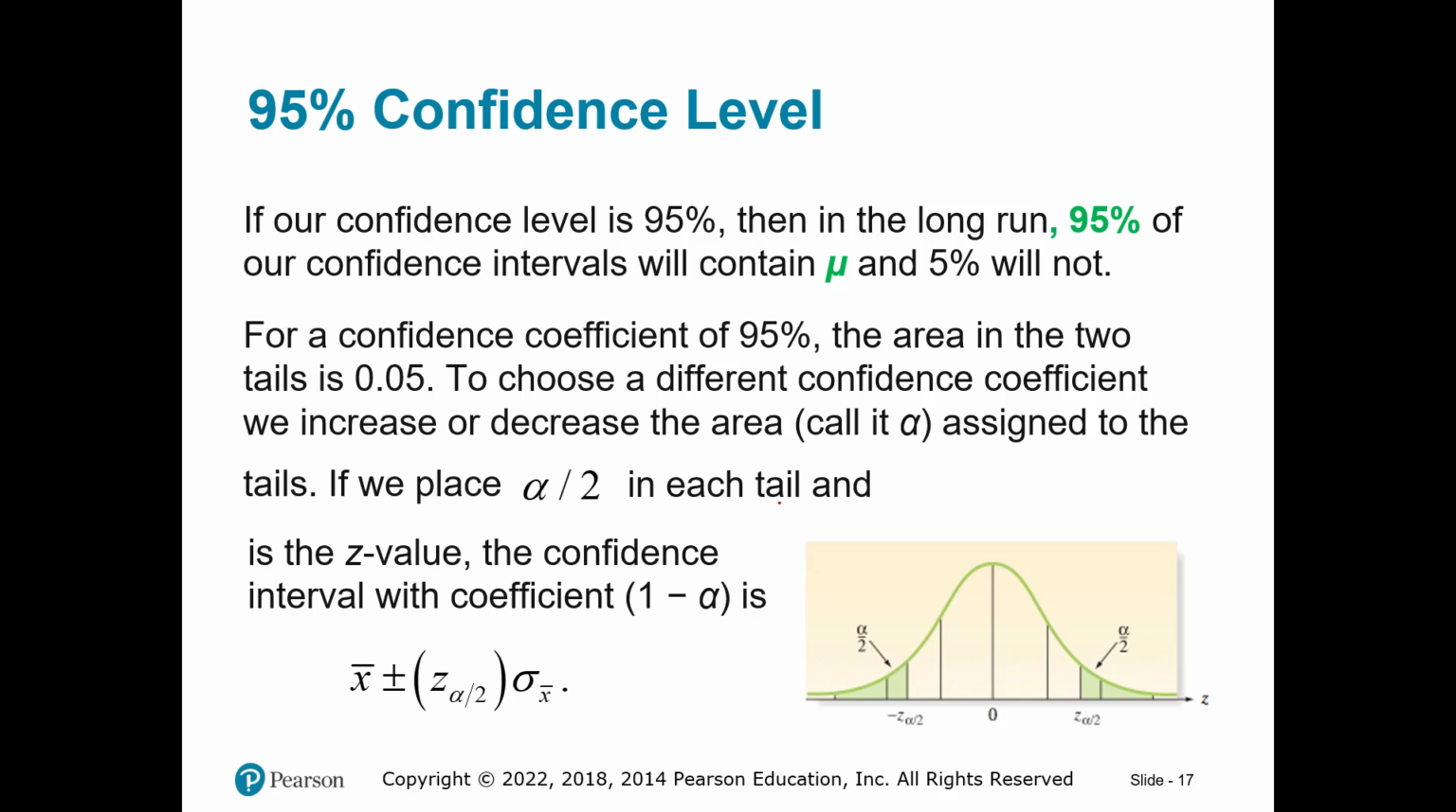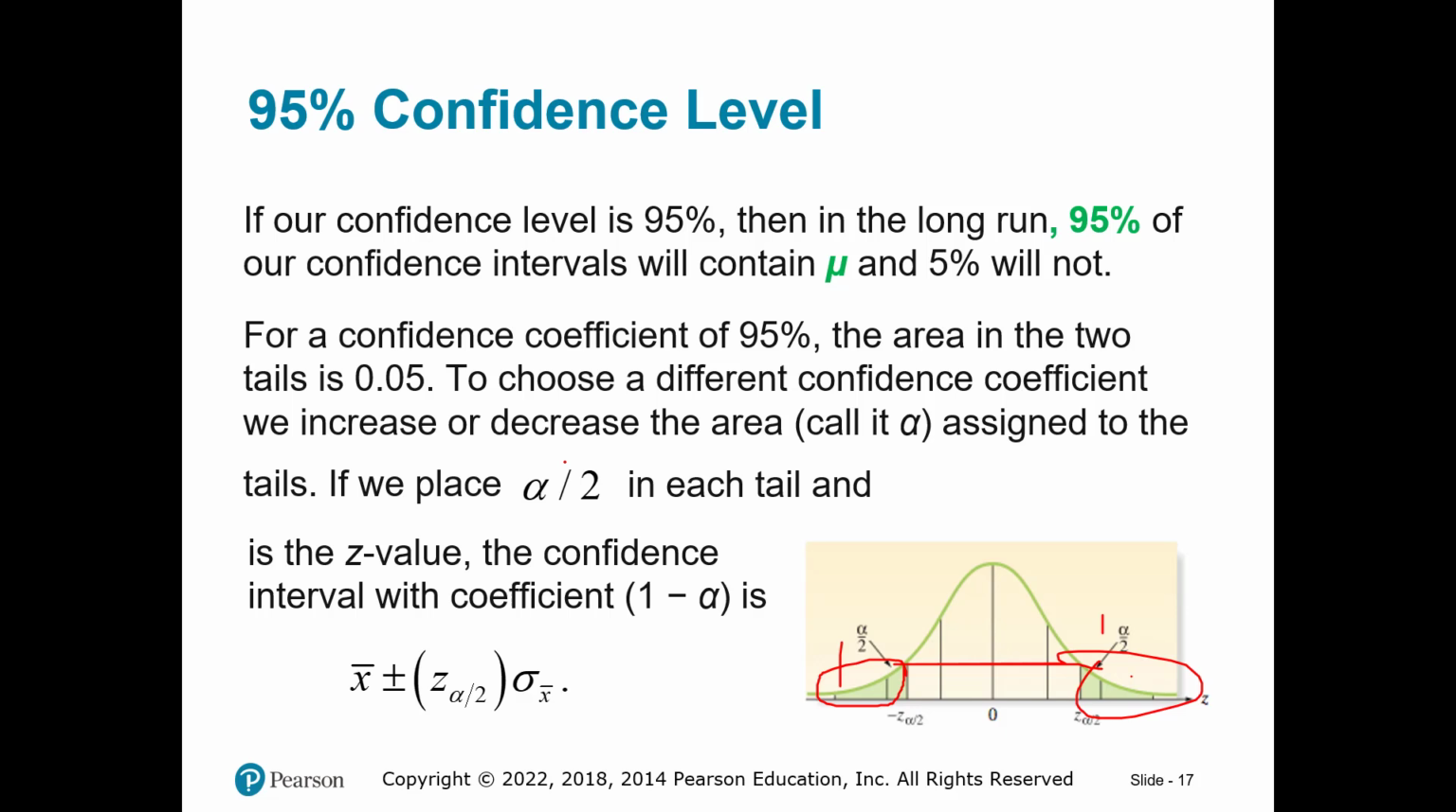which is alpha. If we place alpha over 2, why alpha over 2? Because alpha is our total, meaning the sum of this one and this one is equal to alpha. So when we are talking about this part, it is alpha over 2 and this part is also alpha over 2. So that is why we place alpha over 2, or alpha divided by 2, in each tail,